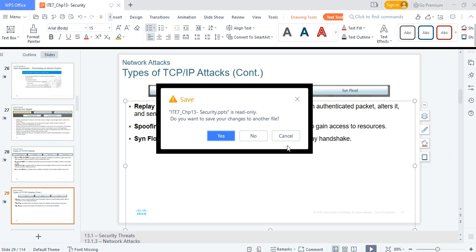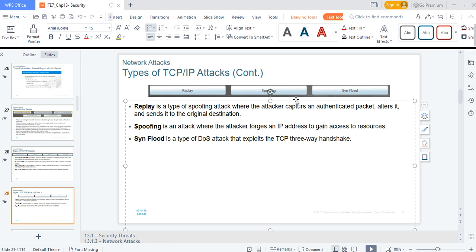And of course, your replay attack, where the attacker captures an authenticated packet, alters it, and sends it to the original destination. So this is very similar to a methodology used in a man-in-the-middle attack. And of course, spoofing,